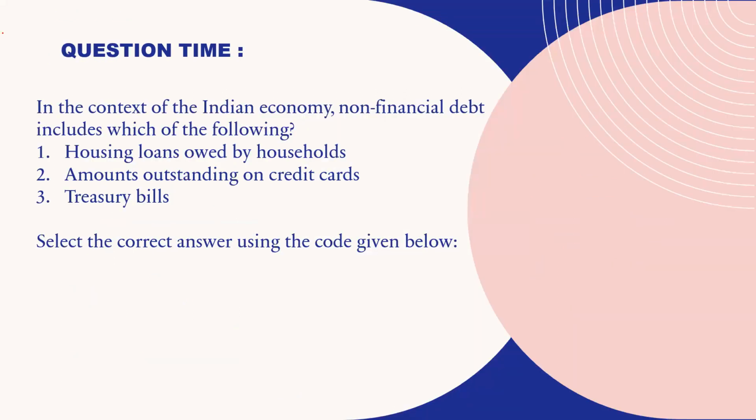Now this also has been asked already, like what non-financial debt includes. So financial debt is there, non-financial debt is there. Simple, the difference is financial means financial institutions, like banks, which borrow between the financial institutions. Those come under financial debt. Other people who are borrowing come under non-financial debt. Who are those other people apart from financial institutions? They are normal individuals, or even government borrowing will come under non-financial debt.